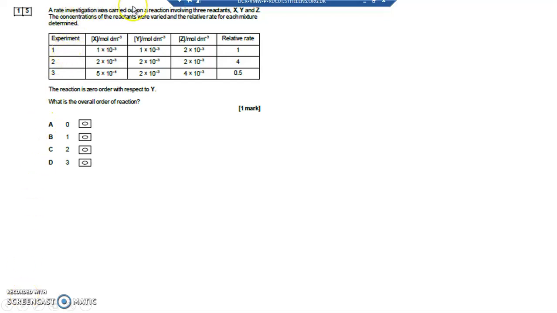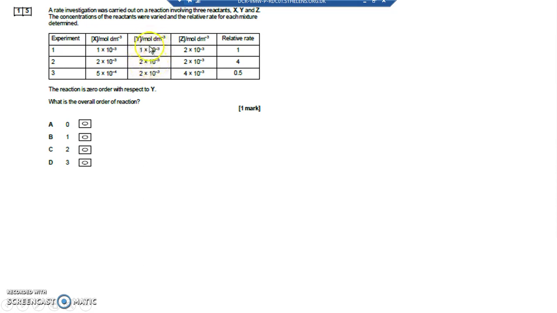So we've got a rate investigation happening here. We've got 3 experiments. We've got 3 different chemicals, X, Y, and Z. We've got the concentrations of each, and we've got the relative rate here. The reaction is 0 order with respect to Y, so that means that